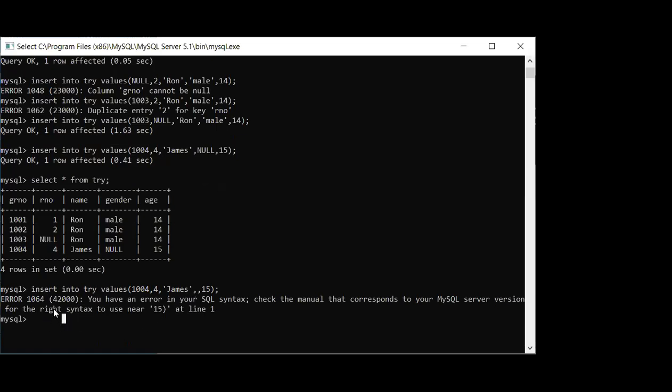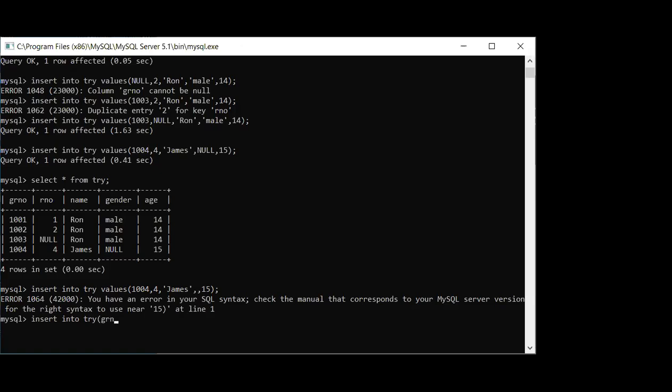Okay, you can see when we are making a very big table, it is not compulsory that we know all the records the first time only. We may want to fill some values after some time. So we can select which column we want to fill and which column we are not interested in filling right now. This is another type of insertion in the table. Insert into try, then your column names.